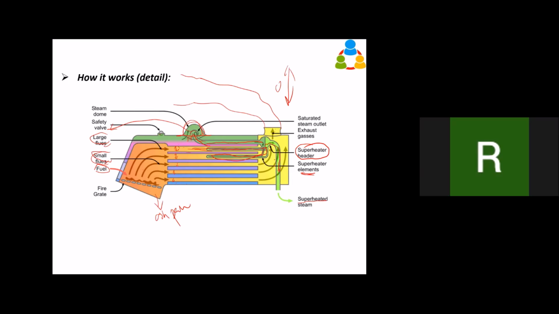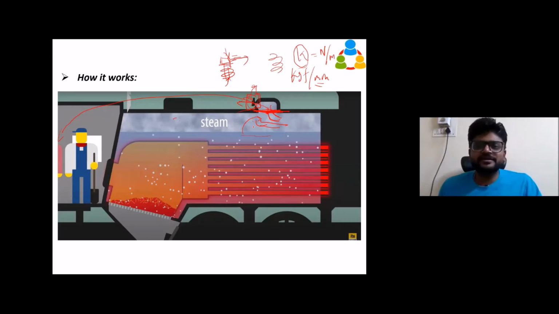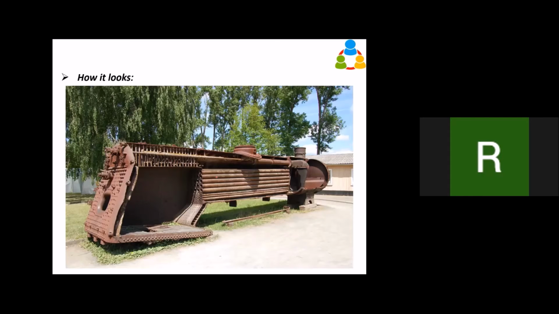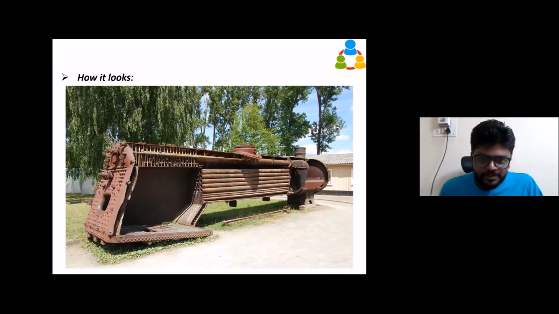So, sir, the water will be stored, or what will happen to that water? Water is like a cylinder here. We will see the design here. See, this is the cut section of this steam engine. You can see the fire tubes and the small tubes, small flues. This is like large flues. So the full cylinder will be covered. This has been cut, you can see.